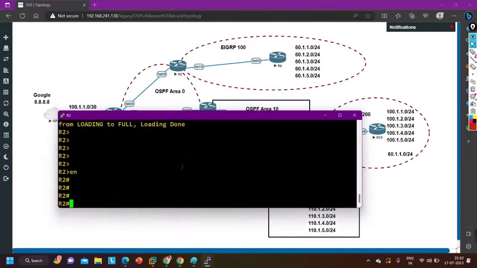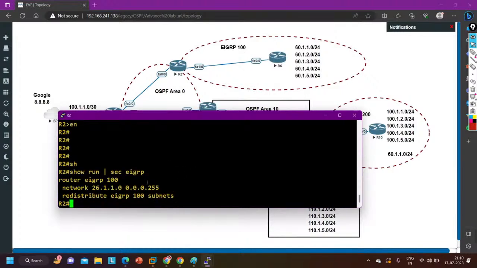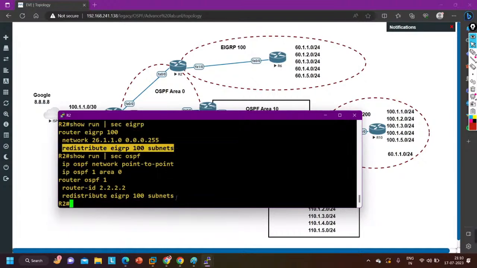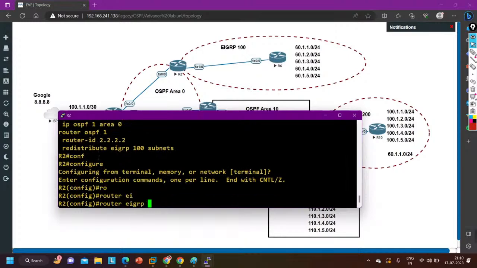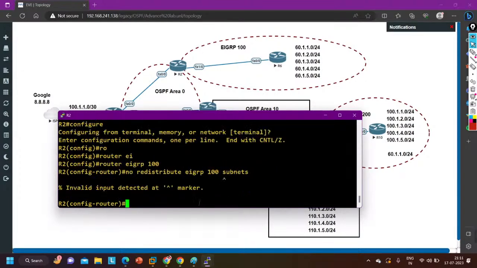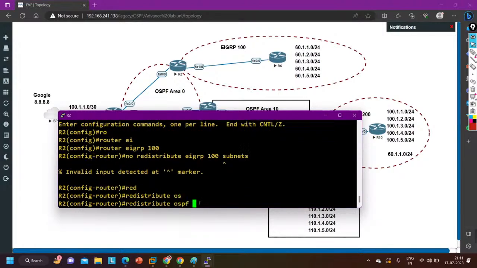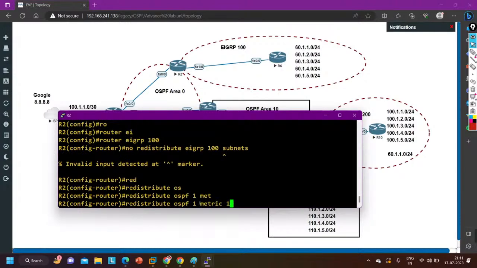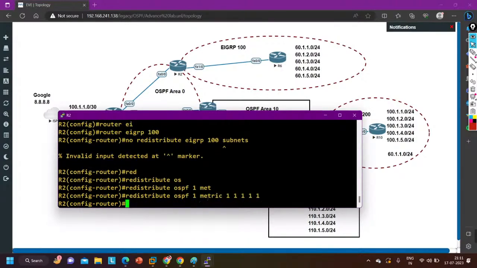On router number 2, what I am going to do, so run section EIGRP. So here we have not run the redistribution command. Okay, redistribute EIGRP 10. This is the EIGRP 100 subnet. This command should be enabled in OSPF. This is in OSPF. Redistribute EIGRP 10 subnet. I am going to remove this command from router EIGRP, AS number 100. Say no, and let me remove this command. Redistribute OSPF process 1 and then metric 11111. Okay,